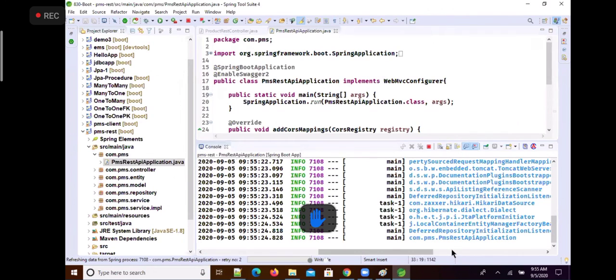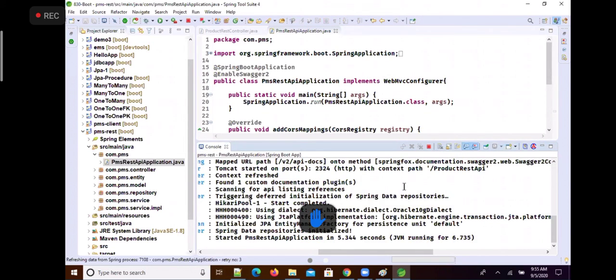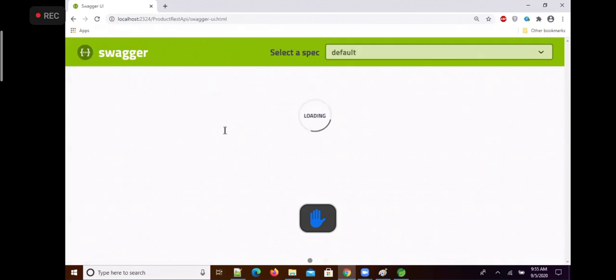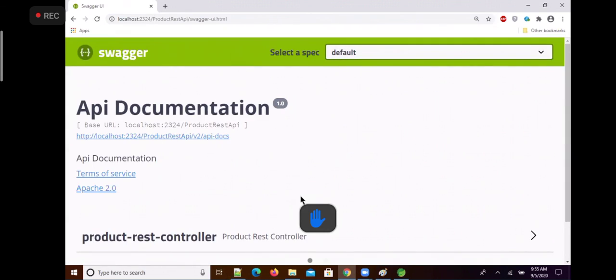And now you can see that it started on port number 2324 with context path product REST API, right? Now the file name is swagger-ui.html. Now you see one documentation page is open.